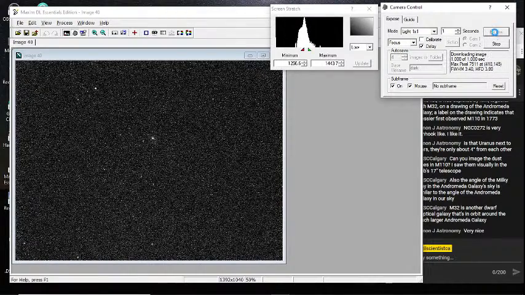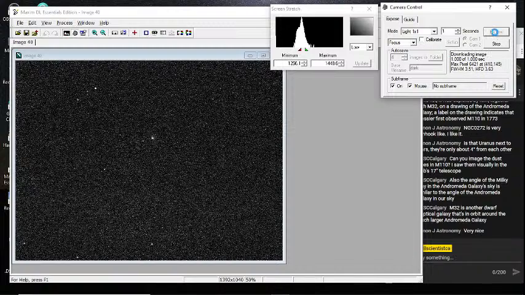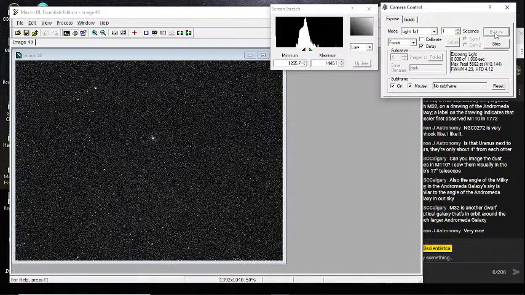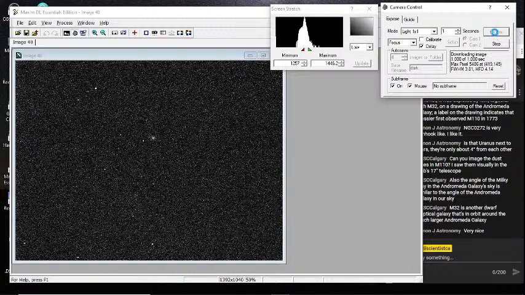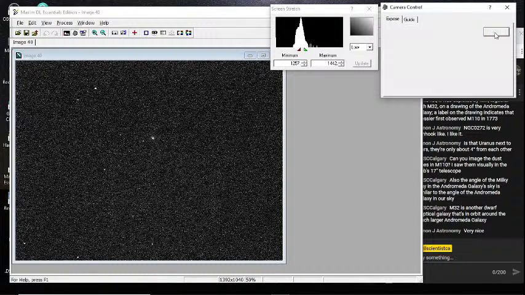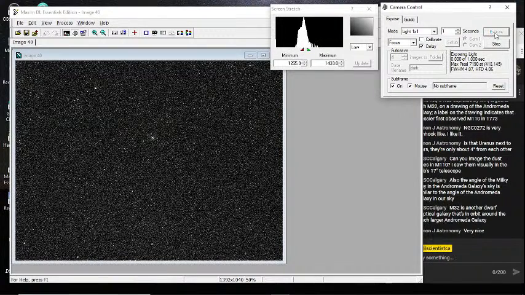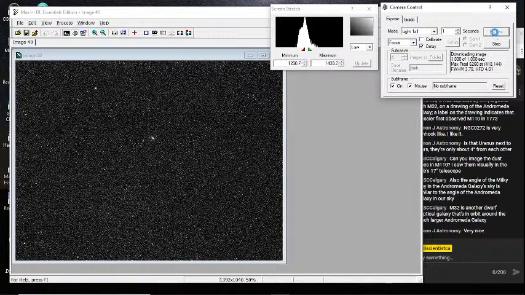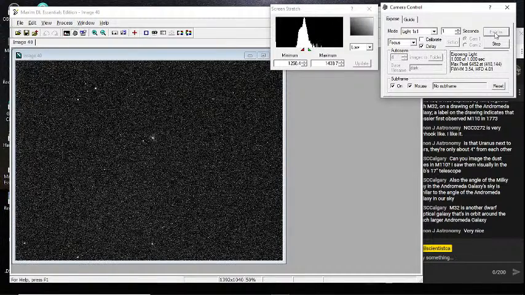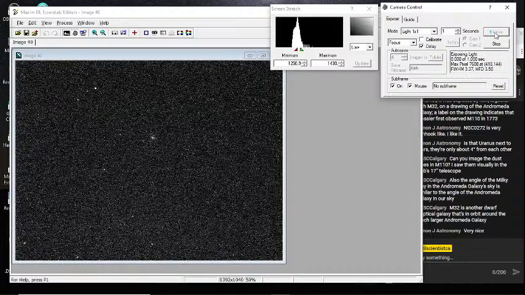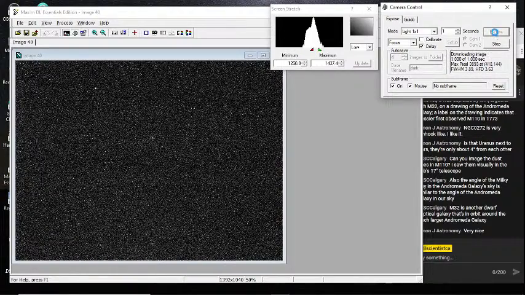Let's see. So I want to go somewhere else. Go to database, NGC 0752. And the telescope's looking for it. There we go. So it's now going to go find a bright star near that object.